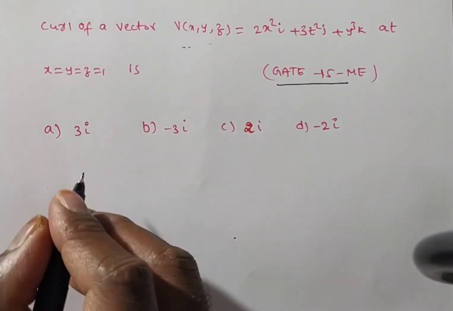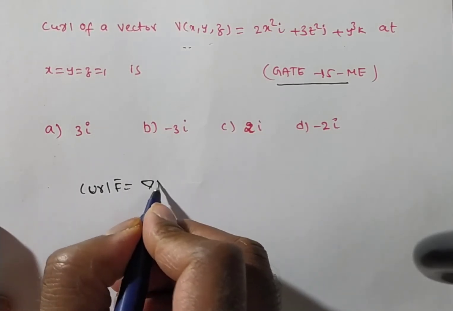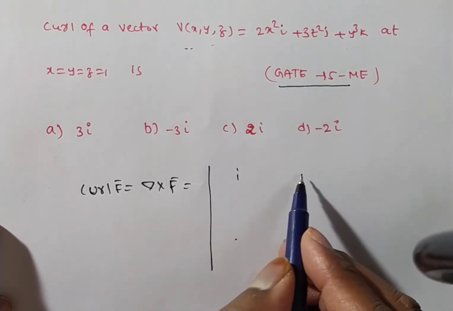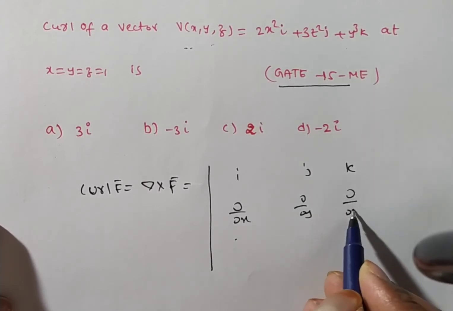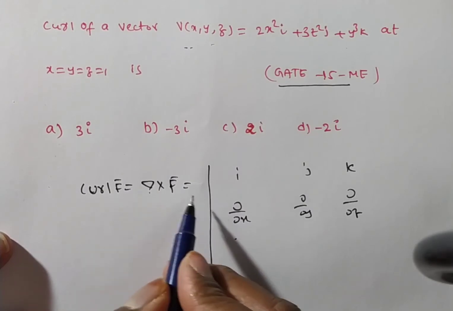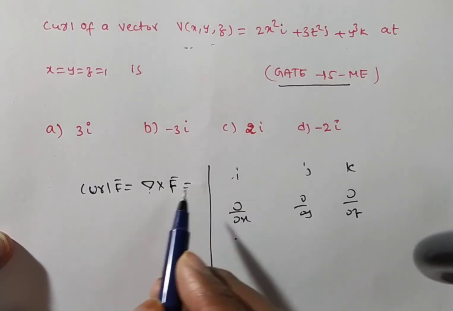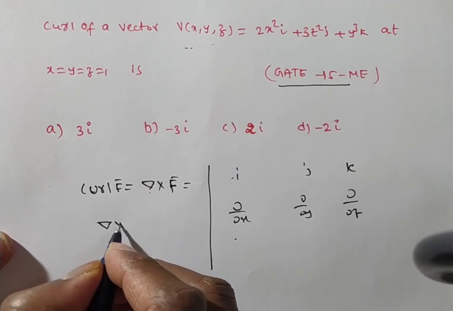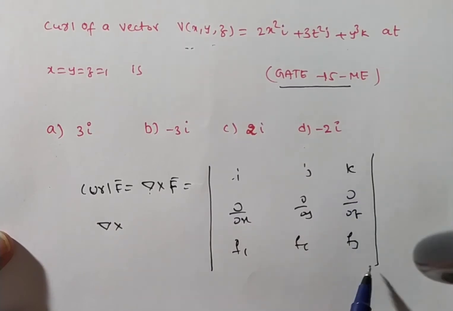Right. What is the definition of curl? Curl f bar, how we are denoting? We denote it with del cross f bar, and we define it as the determinant of i, j, k, ∂/∂x, ∂/∂y, ∂/∂z. Here, i quotient in del, j quotient in del, k quotient in del, and in f bar, the i quotient. F bar is nothing but f1, f2, f3; we write f1 i plus f2 j plus f3 k.